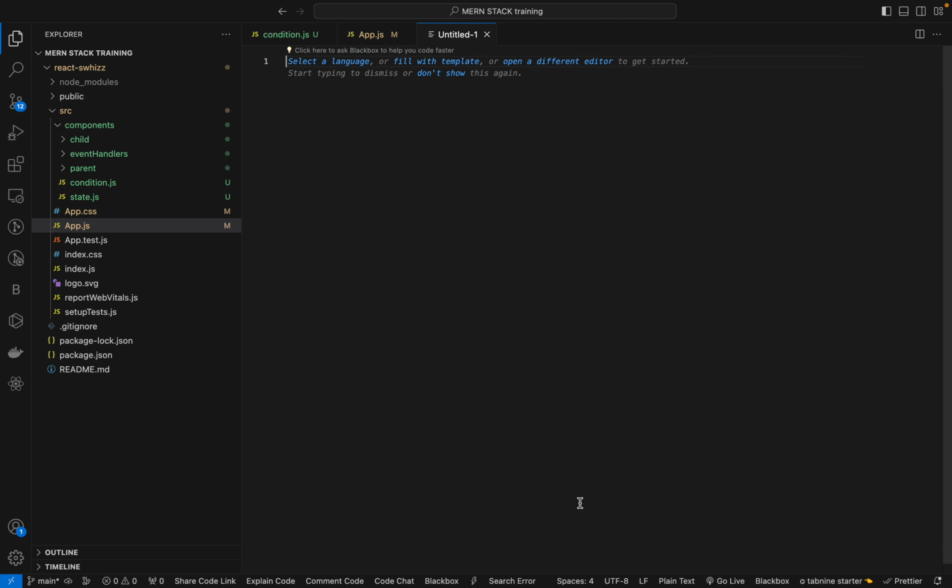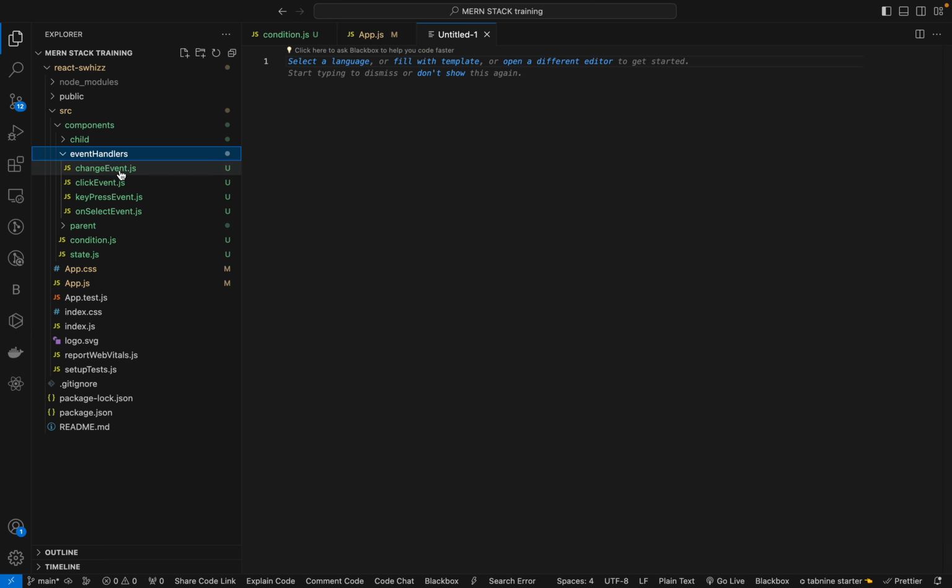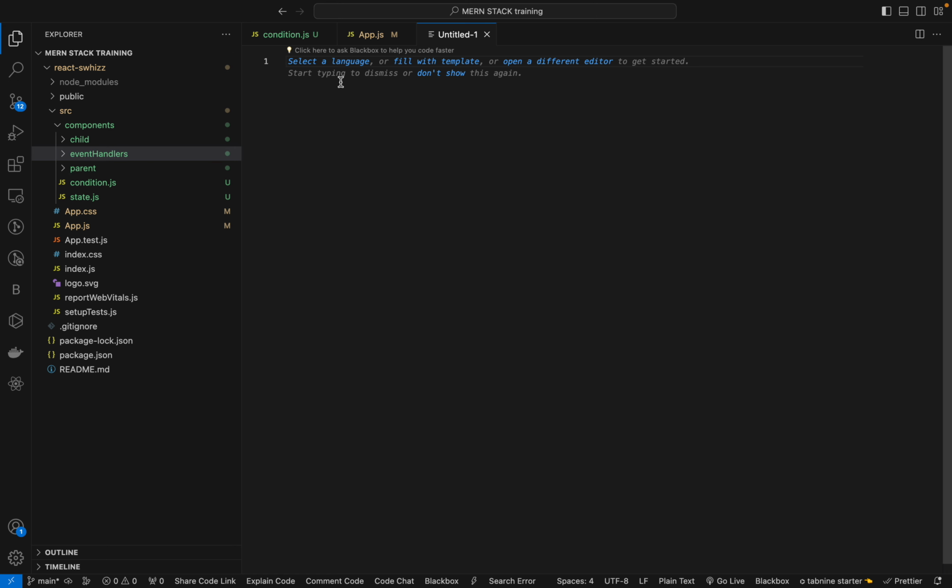So, in a previous session, we learned about conditional rendering and after that event handlers, all the things like change event, click, key press event, and select event, right? So here we will continue with more depth, like form handling, and further you will learn about list rendering, nothing but the map function, and after that, you will learn about controlled